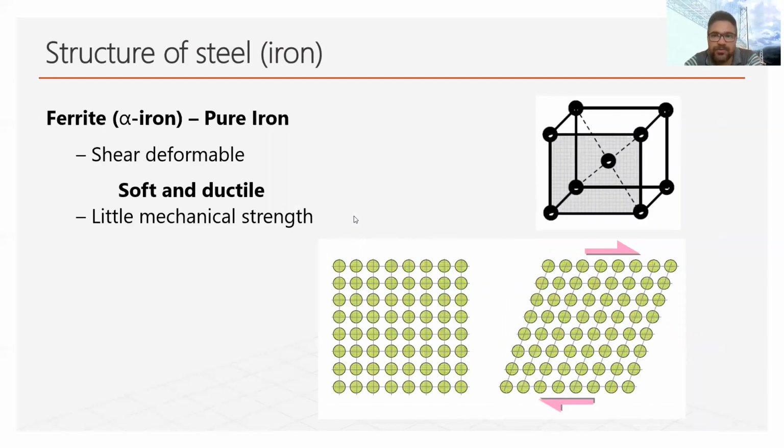So now we will talk about the alpha iron. Alpha iron is basically pure iron with a body centered cubic crystal structure, which is BCC, and it is stable at all temperatures up to 910 degrees Celsius. As I told you, beta iron is included in alpha, so we will consider alpha iron stable up to 910 degrees Celsius.